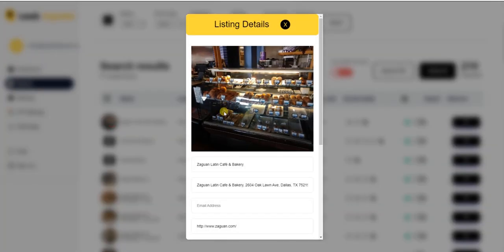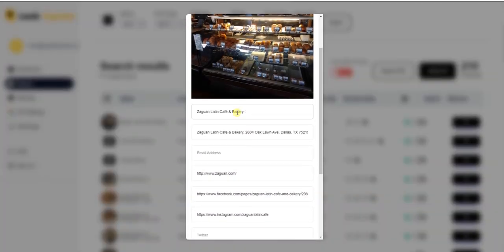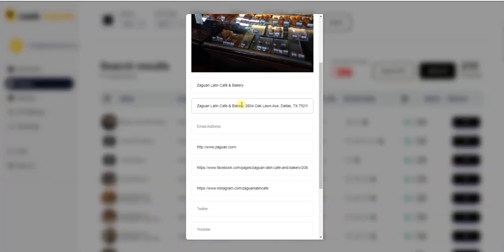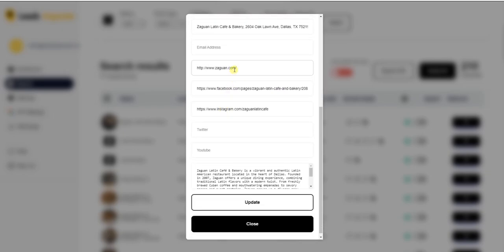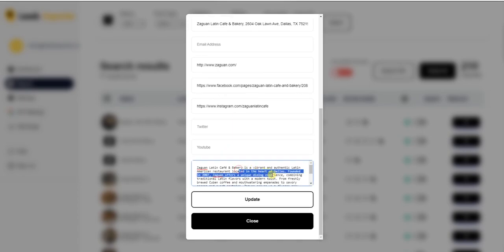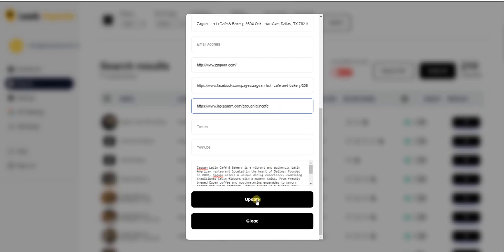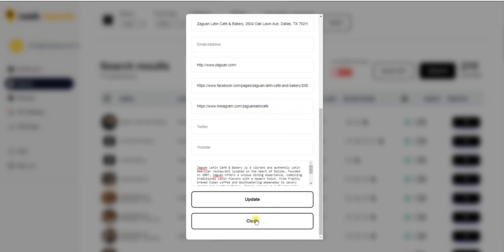You will have a pop-up which will show you the image, a couple more fields like the name, the address, the email address, the website, Facebook, Instagram, Twitter, YouTube, and here below also, in this case, the ChatGPT description. If you would like to see more fields here, just let me know and I will add them. And then, of course, if you want to change something here, some typo, or you have extra tags that you don't want to see on the links, you can just change them, update them, and then click update, and this listing will then be updated and ready to be imported. So then once you're done, click close, we go back,